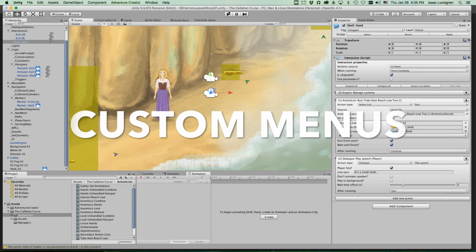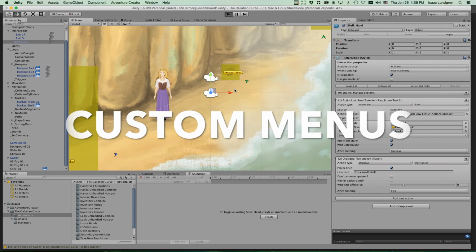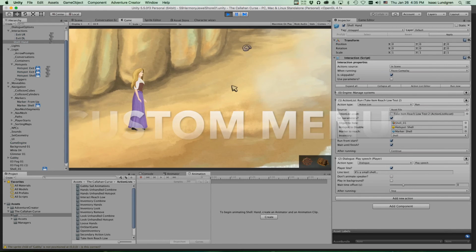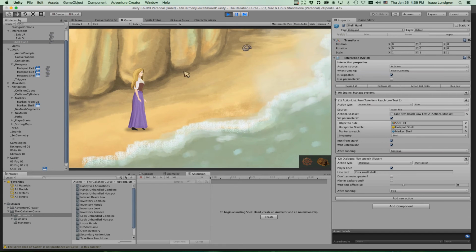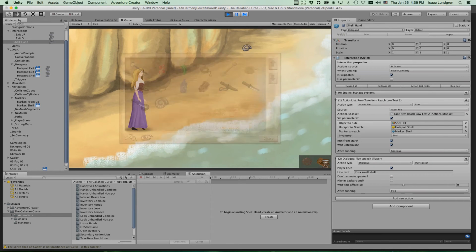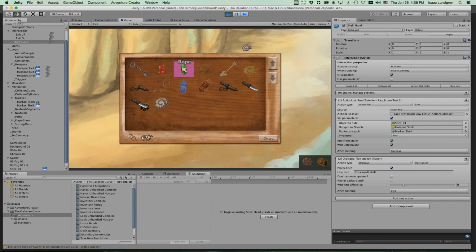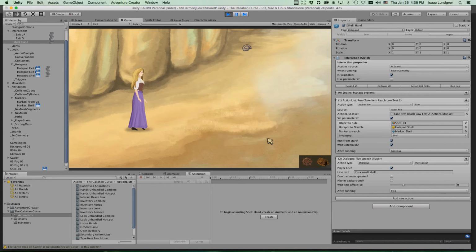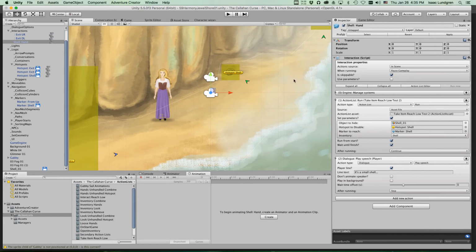So as you noticed, I've changed my default menus from the demo, and I've now made my own menus. I've got some little icons down here. I can click on them. They activate my inventory menu. All of this is customizable. Now, I'm not doing a full-on tutorial on how to create this exact menu. All I'm going to say is